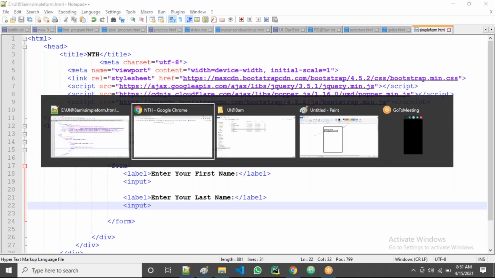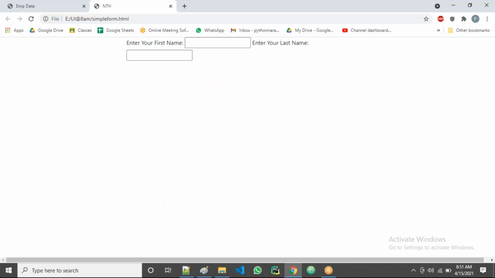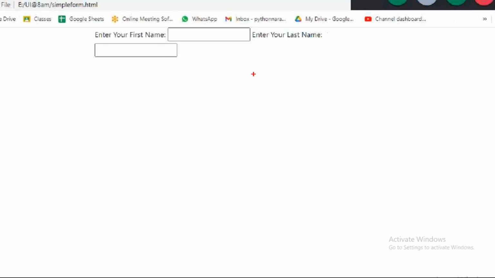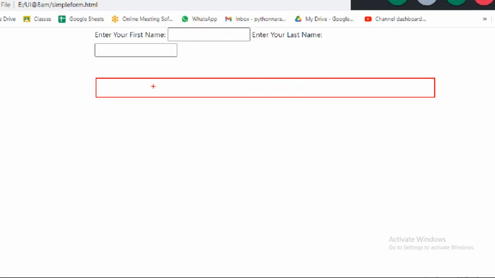Now we save this one. Let's go there. Let's refresh here. Yes. Now all of you, what's happening here is they're trying to come in a single line, guys. Like enter first name, input box. Enter last name, input box. Enter email, input box. They all try to come in a single line.